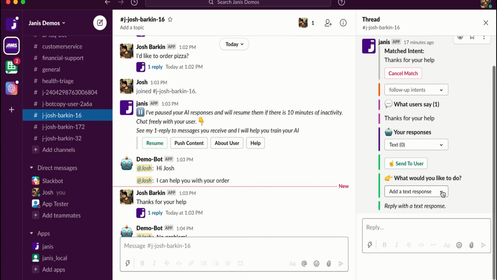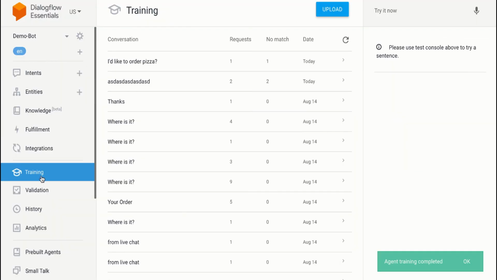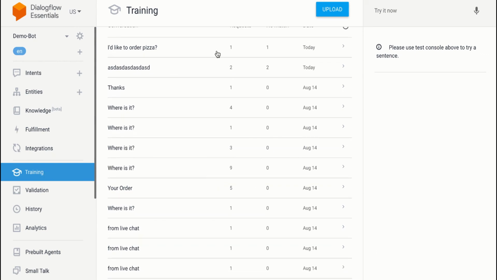And if we jump over to Dialogflow, because maybe you want to use the Dialogflow training tools, and you can do that directly in the console, you can see in the training section of Dialogflow that all of the messages are still being captured. So you can take these messages and then start to train a Dialogflow agent and still never deliver an automated response. And then when you're ready, you could just go in and add responses, and that will start to incrementally introduce